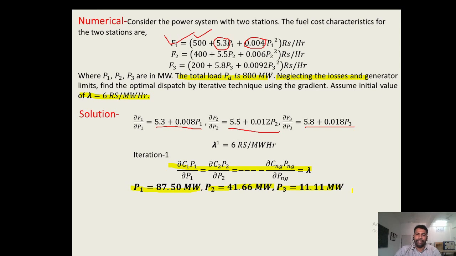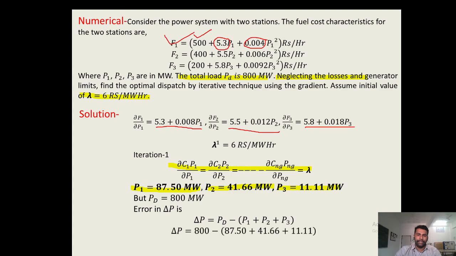P2 equals 41.66 megawatt, P3 equals 11.11 megawatt. But you will observe that when we add these three powers, P1, P2, P3, the power demand PD is not satisfied, or we can say the equality constraint is not satisfied. So, in this case we will find the error of the power by taking PD, the power demand, minus the summation of these three powers.